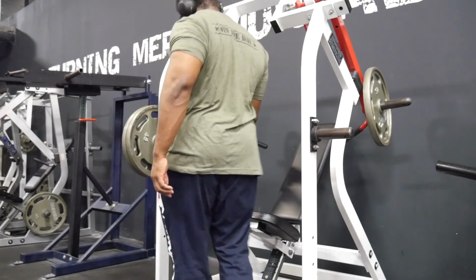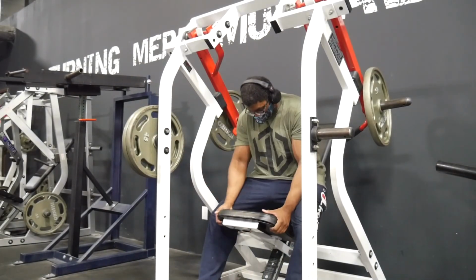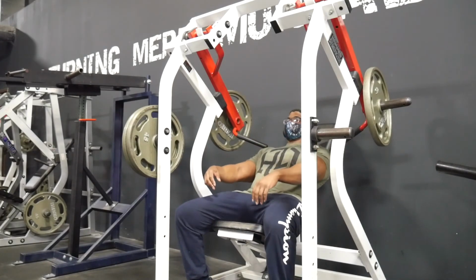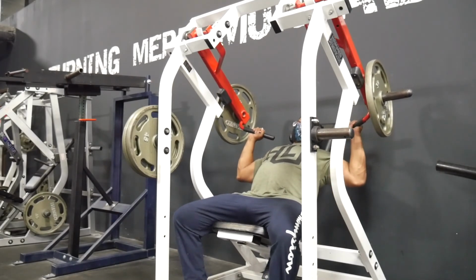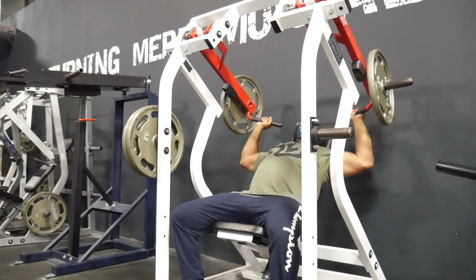Moving on to another exercise. Again, that's been the bane of my existence: the Hammer Strength behind the neck press. So the angle really puts you at a disadvantage for pressing. It really does take a lot of the...